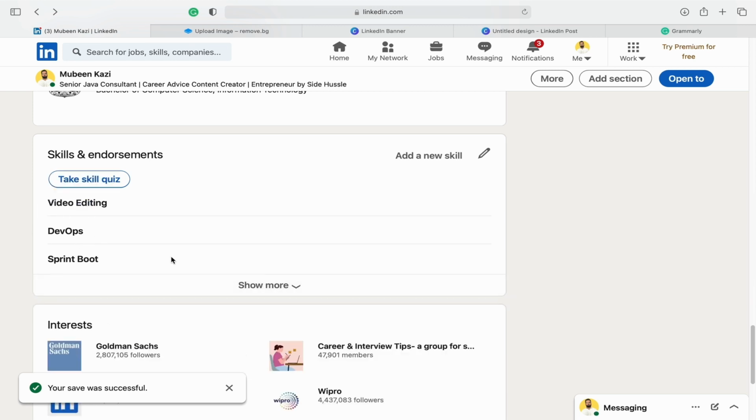Just mention those here. Now as I said, this is a sales page, and to make your sales page effective, you have to give social proof. You give it based on your awards that you have won in your previous company or your certifications that you did. Apart from this, one of the strongest social proofs is recommendation. Recommendation from your seniors, from your colleagues, and if you are a fresher, then from your college professor or your HOD. When these people talk about you, when they tell about your skills, it creates a very impactful impression on the recruiter.